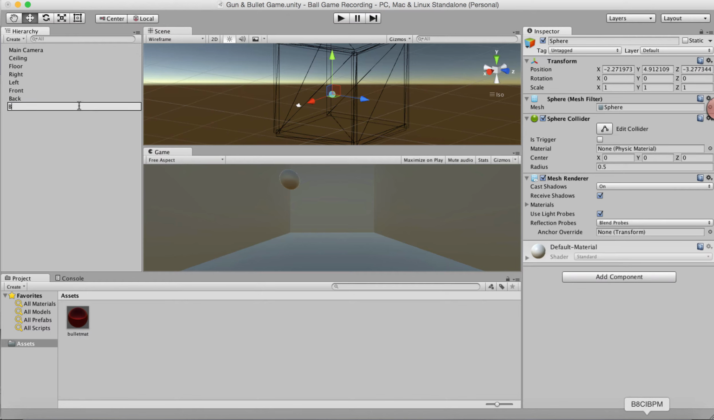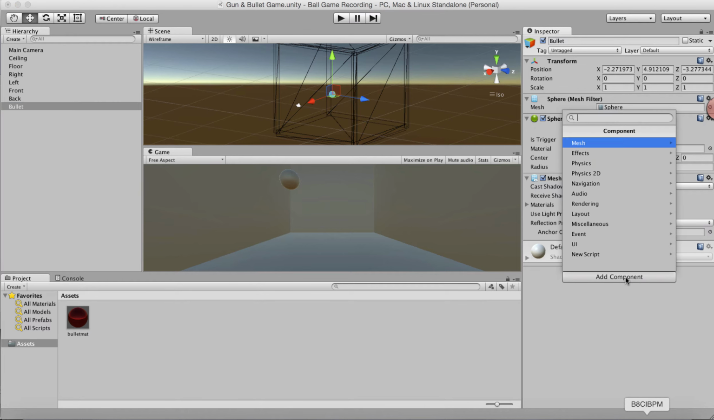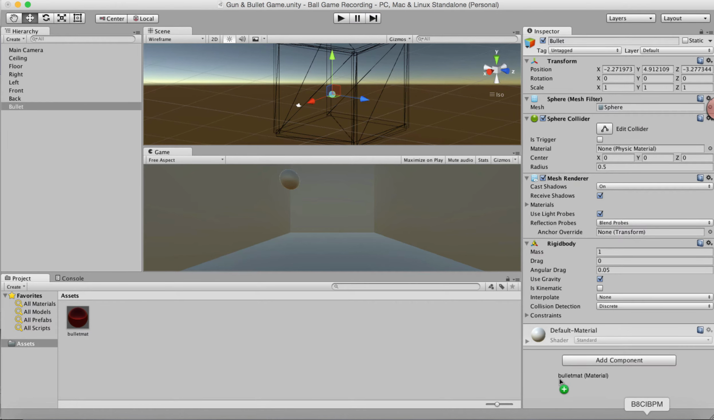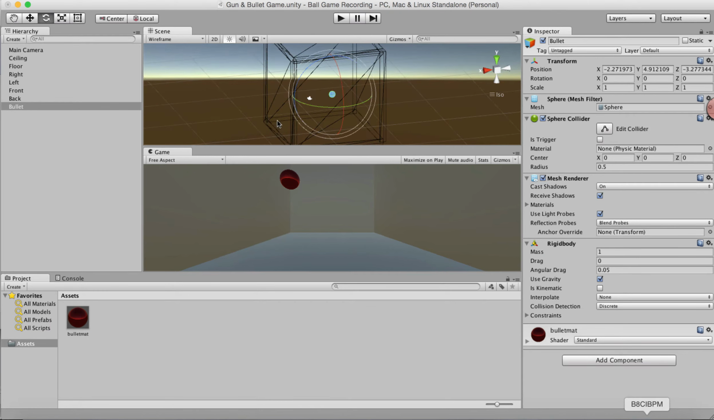bullet, and similarly I apply a rigid body to it, and then this bullet material to it so I can see it clearly. Yeah, the bullet material is here and I can see my bullet. Okay,